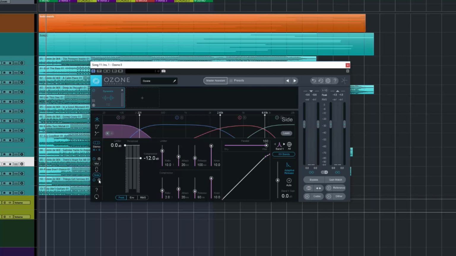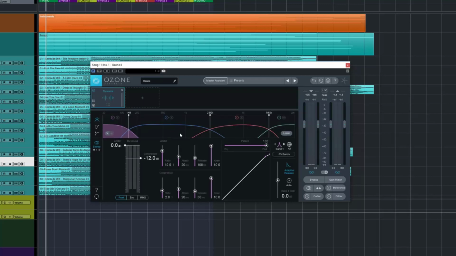And again, you can solo to listen. You can bypass one or the other. And you have all of that functionality across all of those bands and each of those mid and side. So you can see it's extremely powerful, and you can do some really great work with this. You can also do a lot of damage with this. All right, so